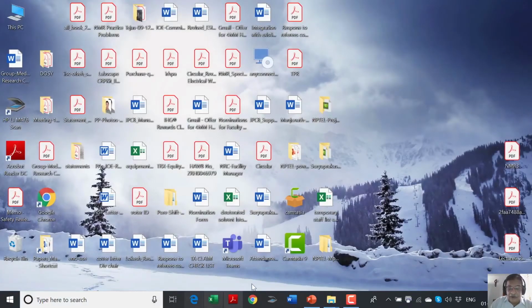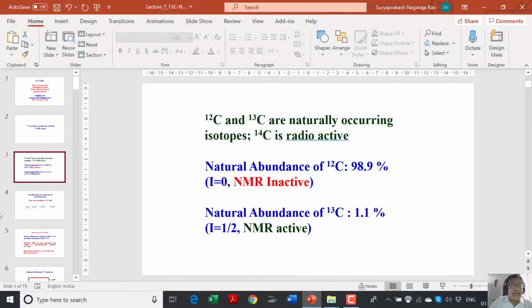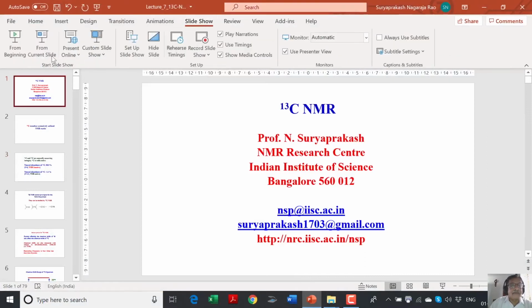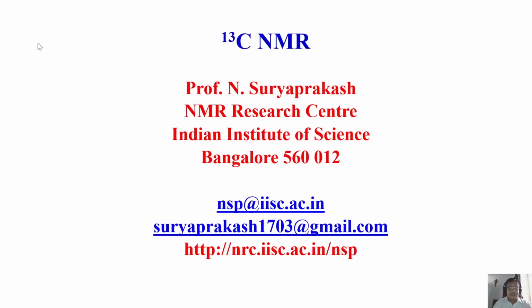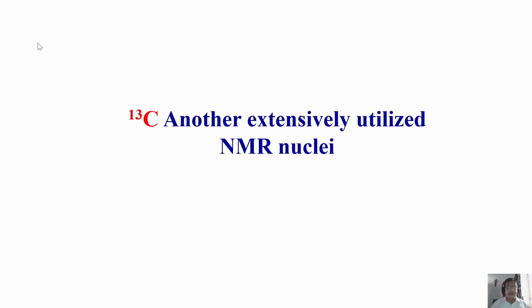proton spectrum. Now I will go to the other one, that is analysis of the carbon-13 spectrum. I will start another nucleus. We will start here afterwards the analysis of the carbon-13 spectrum. Why did I take carbon-13? Because for chemists, especially organic chemists, carbon-13 is another extensively utilized NMR nucleus, because all your molecules contain carbon. I'm not talking about inorganic chemists. They also have different exotic nuclei. We'll come to that later when we do other multinuclear NMR. Now I'm concentrating on carbon-13.